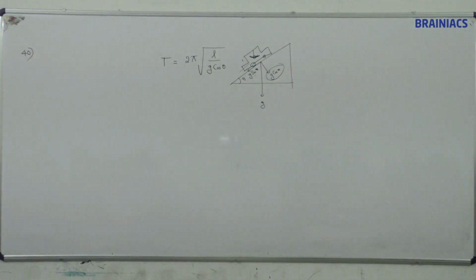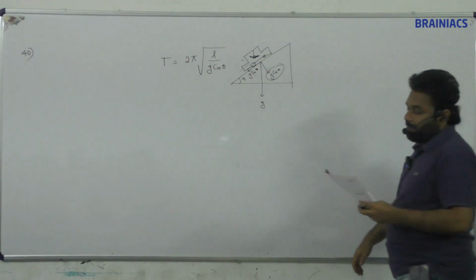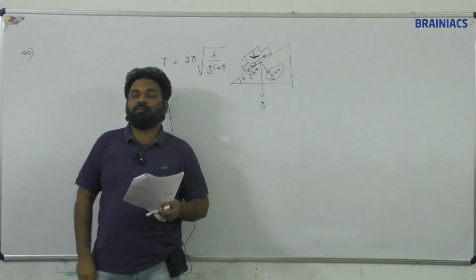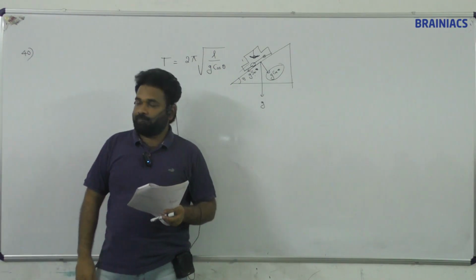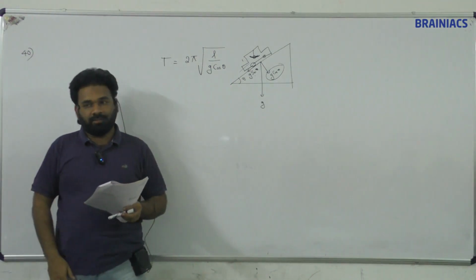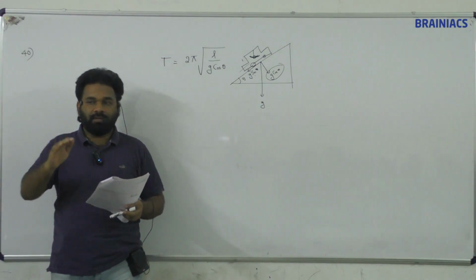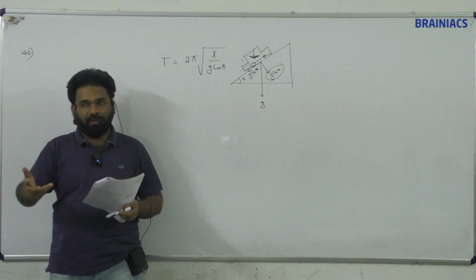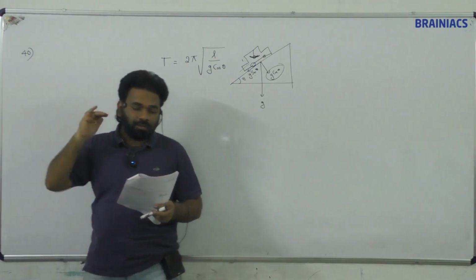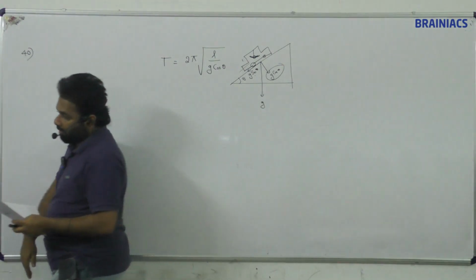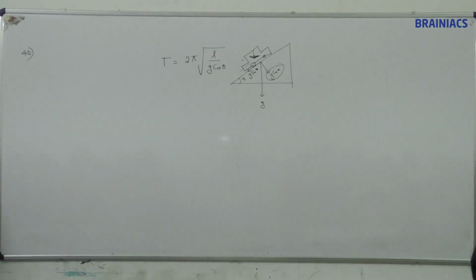A clock which keeps correct time at 20 degrees Celsius is subjected to 40 degrees Celsius. Okay, it works at 20 degrees Celsius. Now we have given heat and its temperature is increased to 40 degrees Celsius. If the coefficient of linear expansion